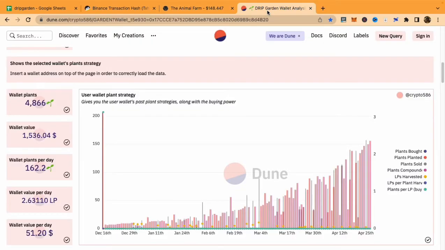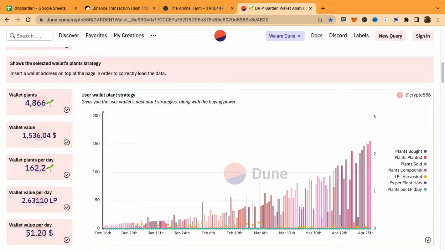And if we look at the analytics for my drip BUSD garden, you can see I have 4,866 plants, making 162 plants per day, or 2.63 of the liquidity provider tokens, which is the drip and the BUSD LP token. And in terms of USD value, that is about $50 to $51 per day